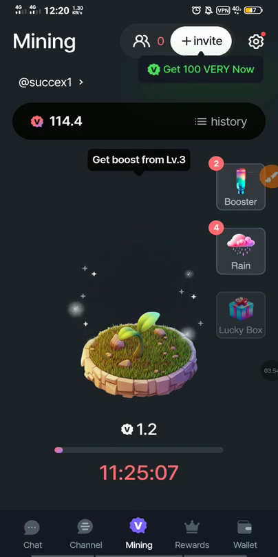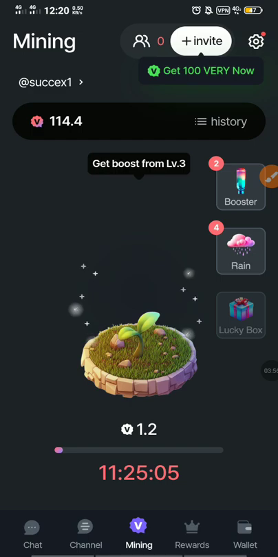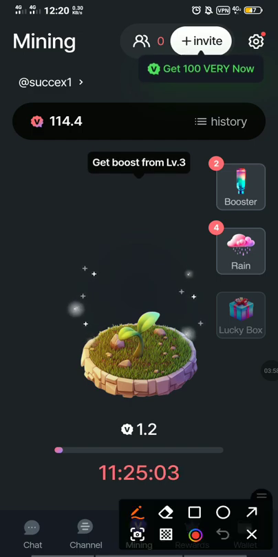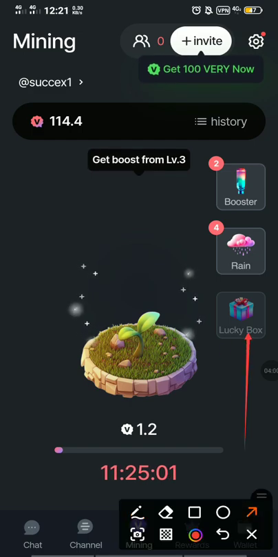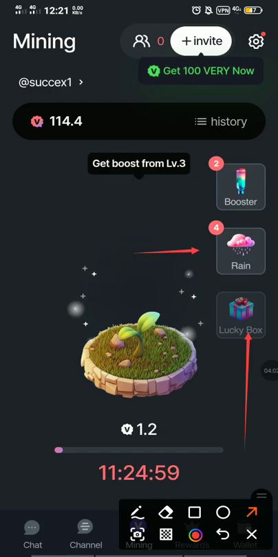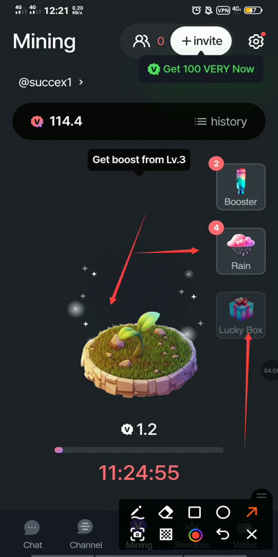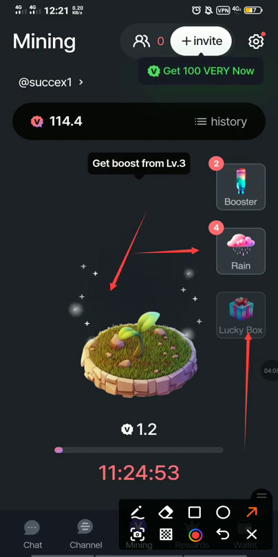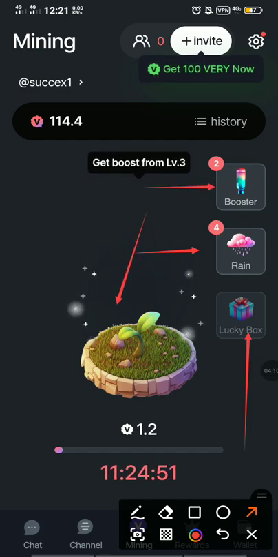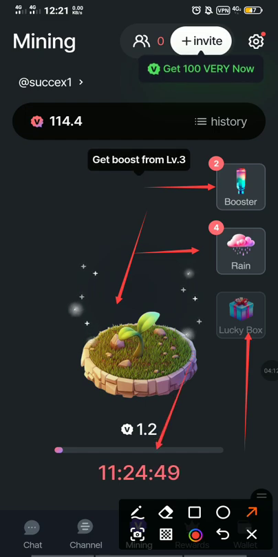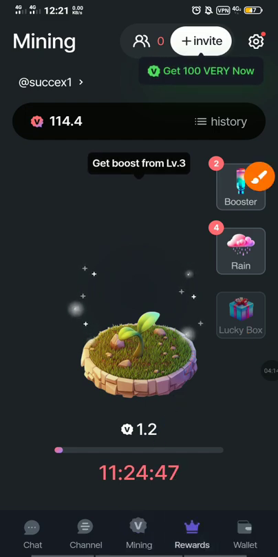So, other ways to earn. Here is your lucky boss. Here is your rain with fasting, your mining growth, your mining plan growth. Then there is boost time. If you come over to the reward section,